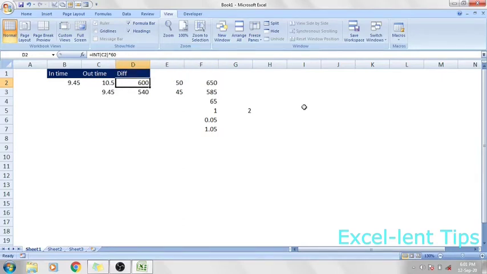So first I have taken integer of the whole number and then the decimal value. So copy this formula and I have to add both of that. So give plus and paste this formula. So 650. My resultant value has come up here. The same way you can do it for this also.